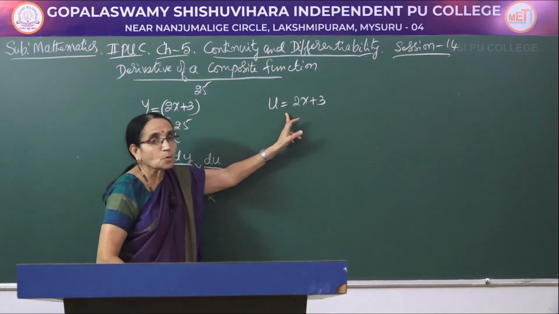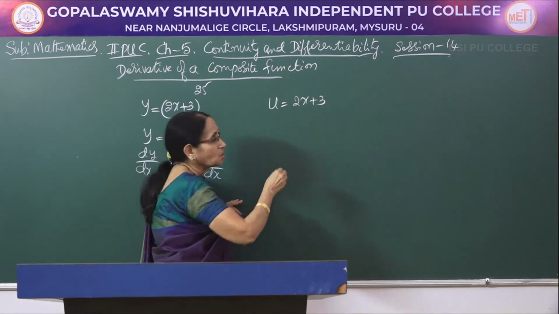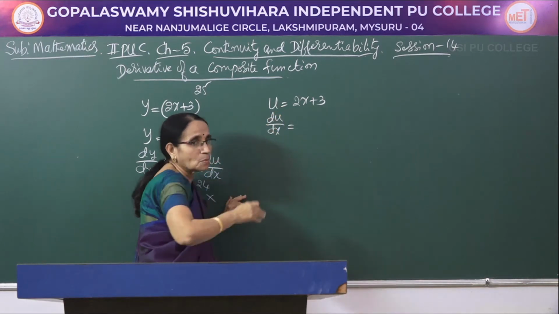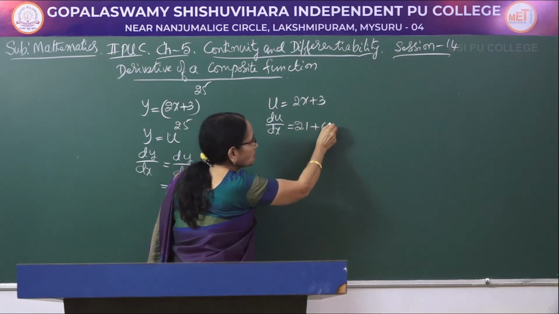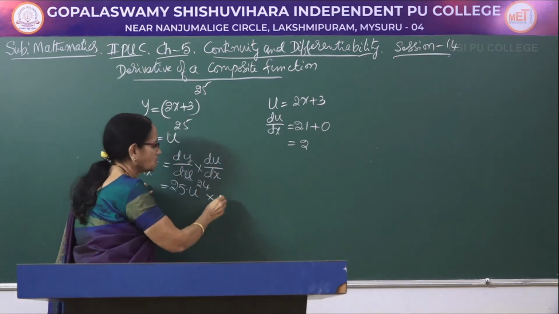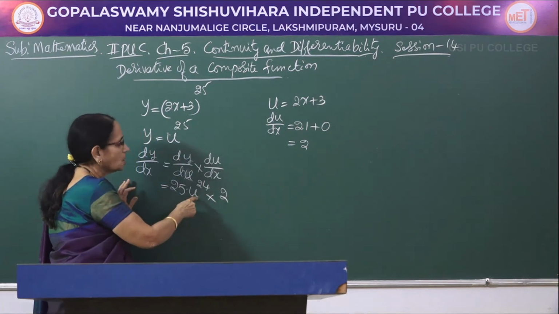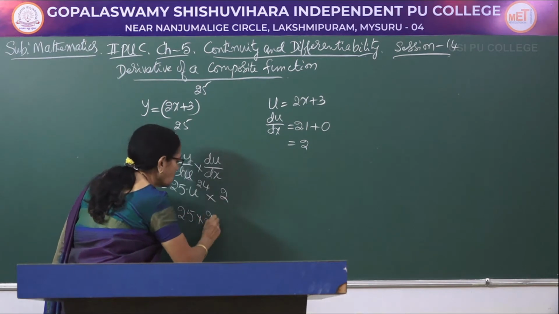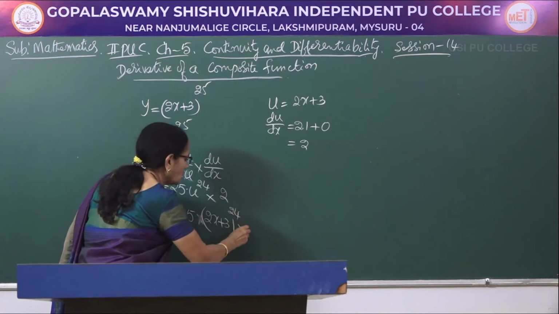For that we go to the substitution part. Here u is written as 2x plus 3, differentiate with respect to x. See, whether u or v or w, the formula would be the same. So it is 2 into 1, plus for 3 being a constant it becomes 0, this would be equal to 2. So for du by dx, I can write the value 2. So it is 25 into 2 into u to the power 24. So how do you write? 25 into u, meaning 2x plus 3, to the power 24 into 2.